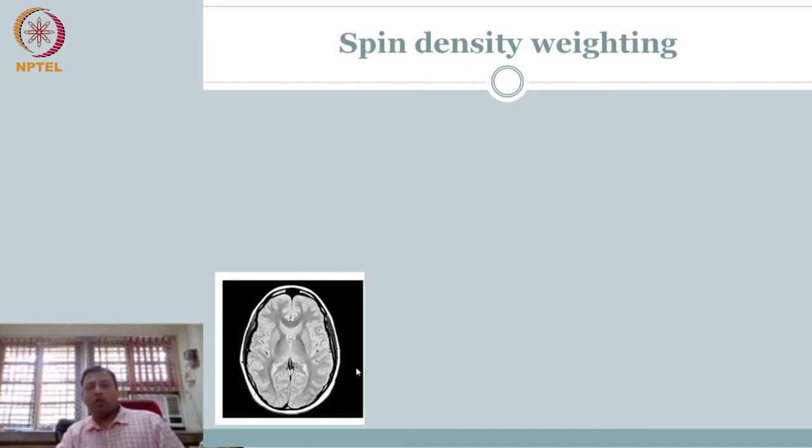So then what is the time that you have to wait so that it comes to equilibrium? That means my repeat time has to be very large. How large? I wait until all the different spins are aligned in the z direction. Therefore, it will be only proportional to proton density. Clear? So if I want density, I need to wait for a long time so that everything becomes in equilibrium. So that is the first idea. If I want to do a PD weighted image, I know signal at equilibrium is proportional to PD, and therefore I will wait for all the signal to come to equilibrium.